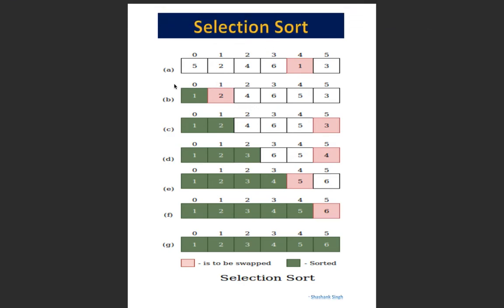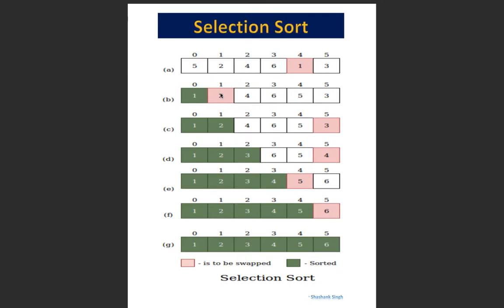right? So let's assume that this is the list wherein 6 elements are there. Initially, as I told you earlier, the whole list will be considered as the unsorted part, right? We'll try to find the minimum element in this unsorted part, which is 1, and we'll replace this 1 with the first element of this unsorted part, which is 5, right? So 1 and 5 will be swapped. So as of now, in green shade, 1 is in the sorted part, and the rest of the elements, the unsorted part, we'll do the same thing.